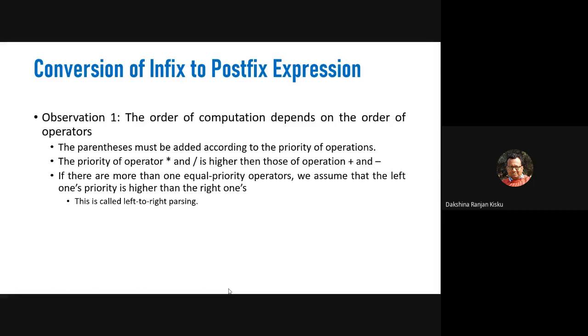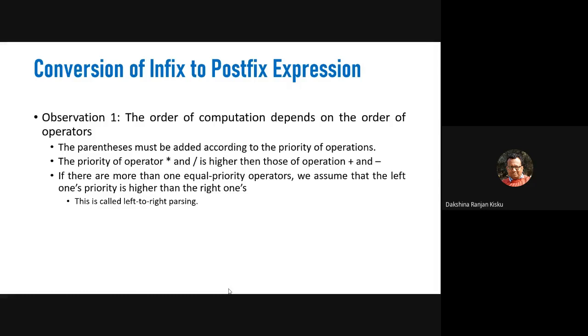As I said, if equal priority operators appear in the infix expression, then what will we do? We will first perform the operation of the arithmetic operator which is on the left. That means left associativity is to be considered.